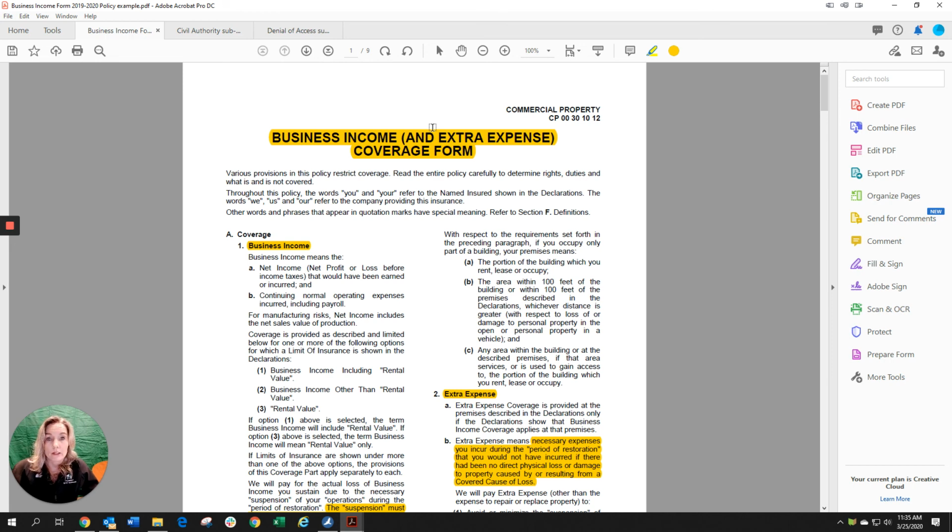Again, not legal advice, just education. Good luck to everybody during this unprecedented time. Take care of your friends, take care of your neighbors. Try to visit your local restaurants, retail shops, whatever you need to do to help support your community during this time.